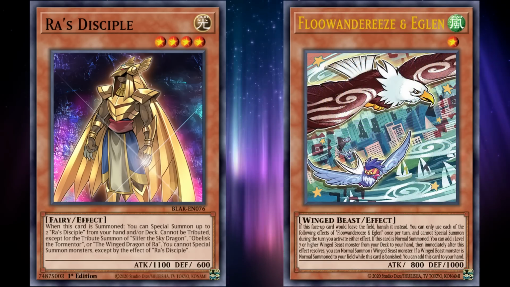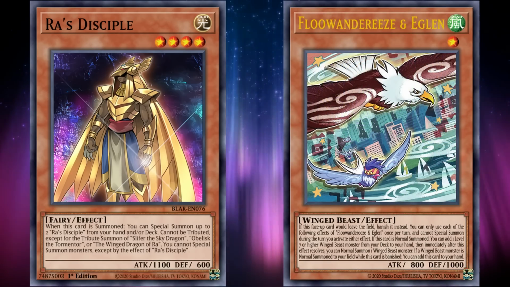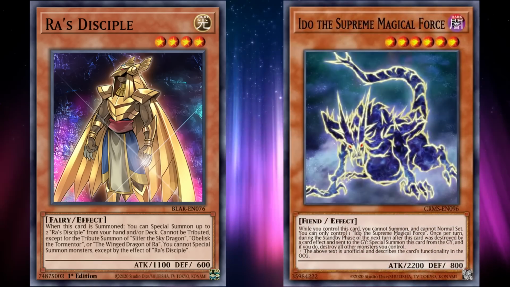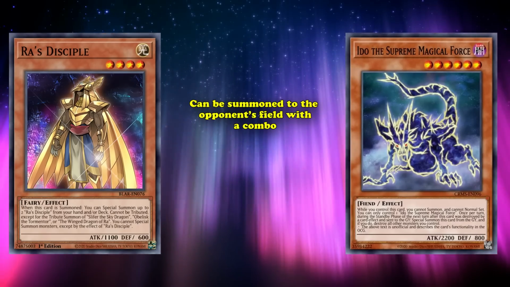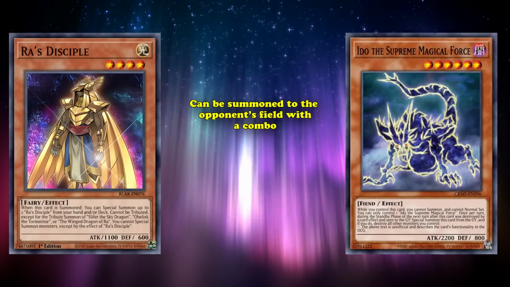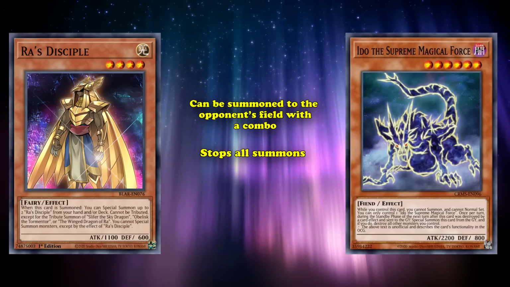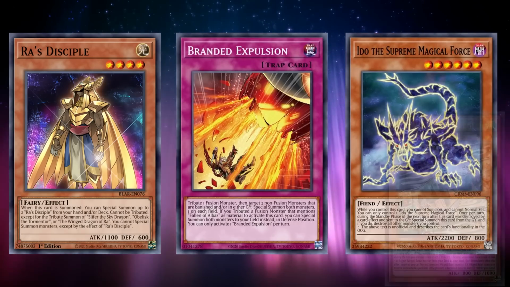So to counter that, Branded decks would actually pivot to yet another terrible card that they could give to their opponent to floodgate them out of the game. Yugioh, the Supreme Magical Force, has a really similar effect to Ra's Disciple, and can be summoned to your opponent's field with a combo very similar to the one to bring out Ra's Disciple. But the key difference is that Yugioh stops all summons. So in Master Duel, it was actually the go-to option for Expulsion over Ra's Disciple, because it also stopped Floowandereeze